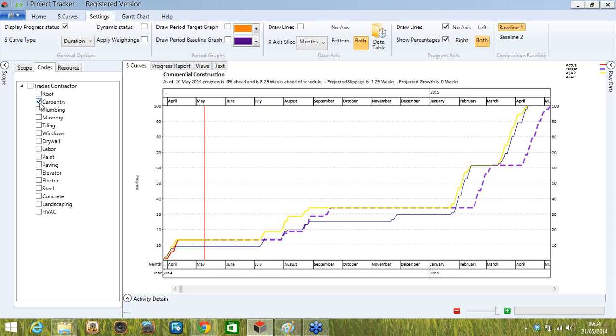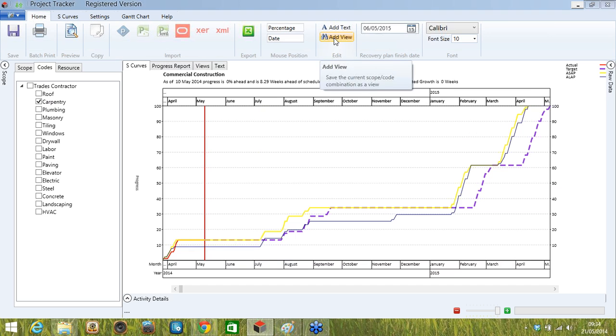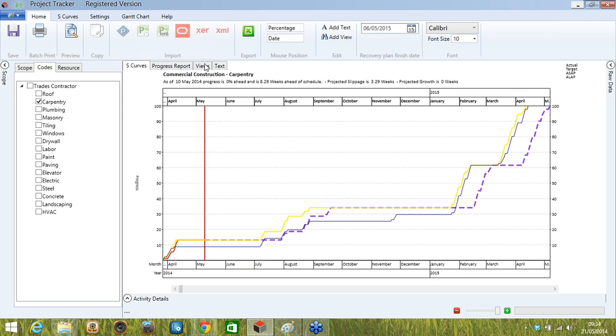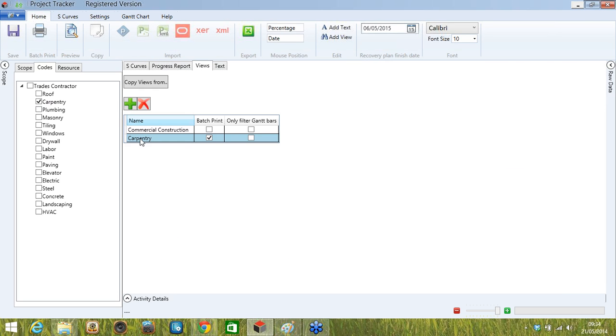So here, if I just choose carpentry and I go back here and I'm going to add a view, what I'm going to do here is call this carpentry, and I'm going to add this to the batch print, more of that in a moment. And as I click on OK, that now goes into my View tab. So as you can see here, carpentry is part of this. If I now set this to, let's say, plumbing,